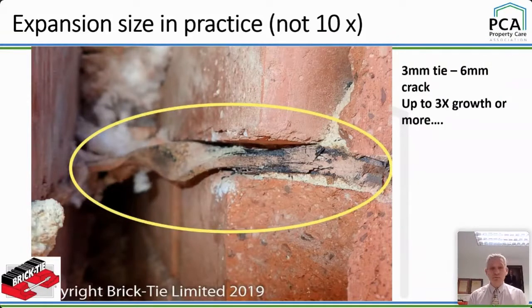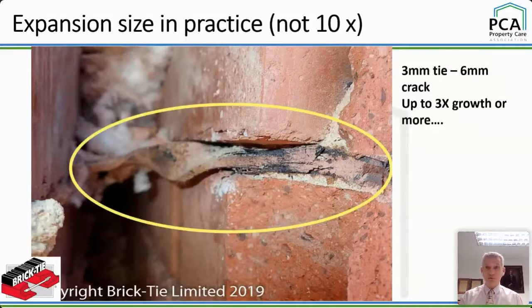But often, when we deal with collapses, what we actually find is the ties are still sticking out of the wall. The outer leaf has fallen off, but the inner leaf is still there with the old tie sticking out, and they feel quite chunky. What's really happening is, as the tie rusts, we get a lot of expansion because ferric oxide takes up a lot more volume than the original metal. And it's in the bed joint, the weight of the wall is resisting it. As you can see in this image, the tie's in pretty good condition in the inner leaf, and then you've got this expansion in the outer leaf, okay?